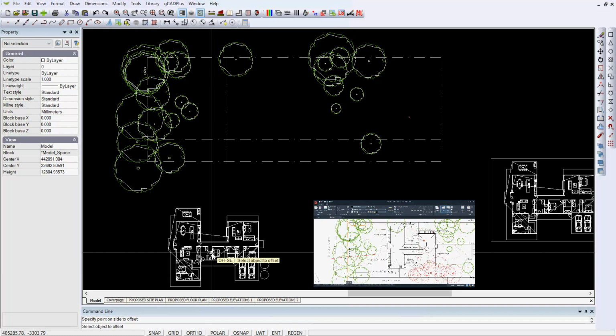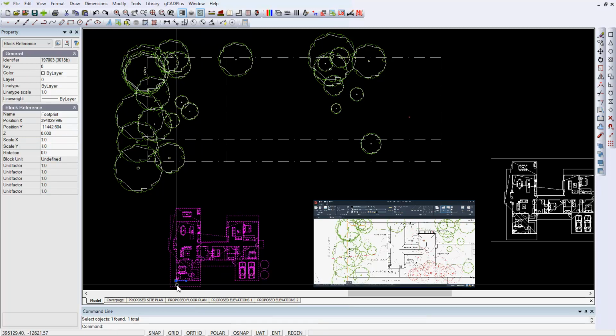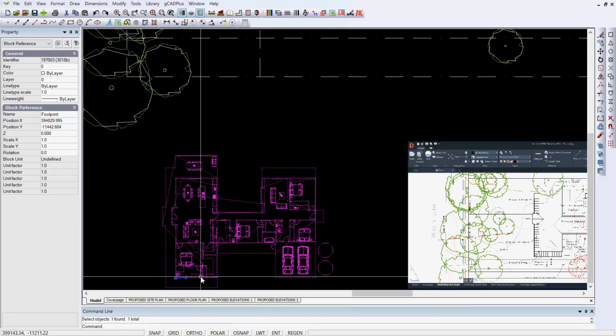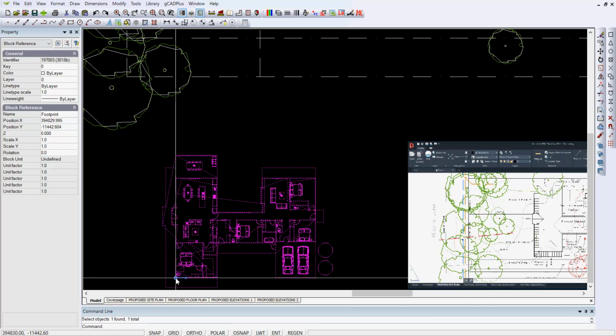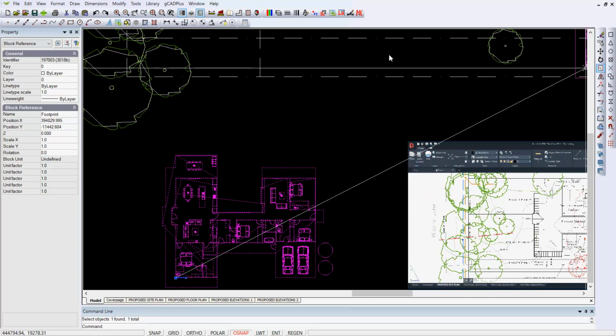I made a block of the footprint. So let's pick it, and I've put a base point at the corner of the house. So I've got a dimension from that corner from both sides. So now I should be able to move that base point to the intersection of